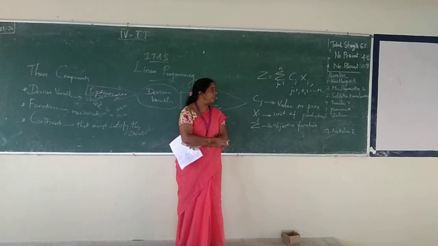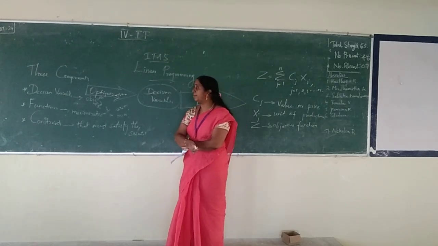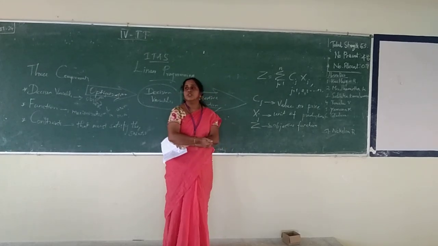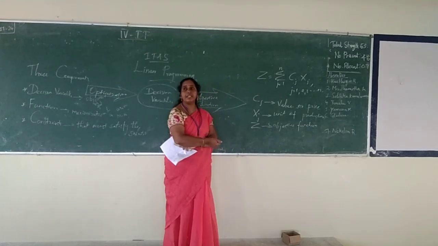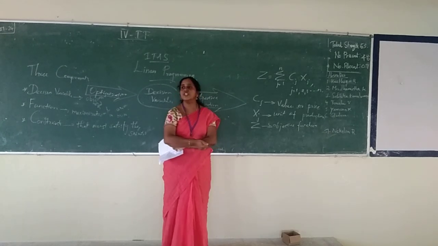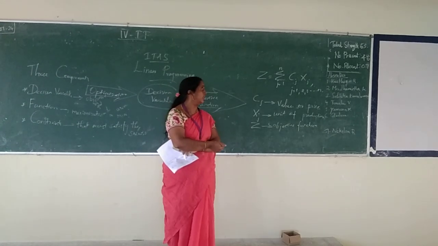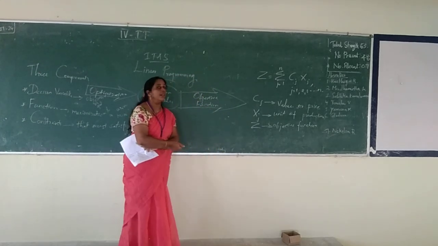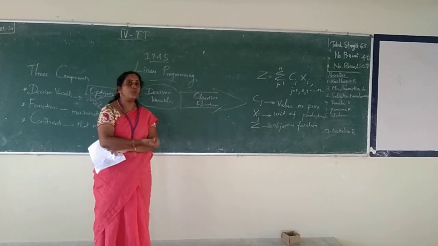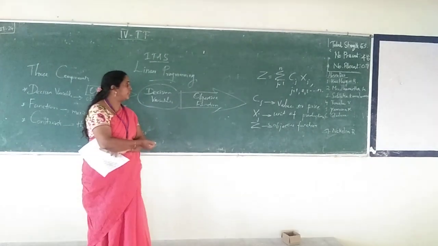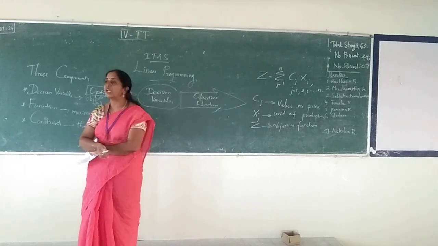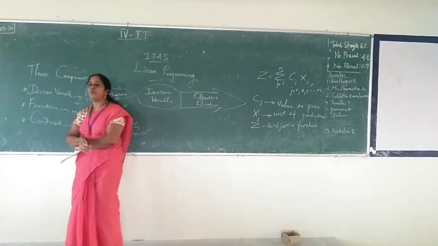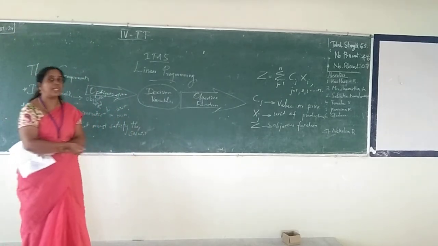So the linear equation will have decision variable, function, as well as constraint. This is one example of a linear equation. It provides the objective function Z. The objective function Z can be written as Z equals sigma j equals 1 to n cj xj. Here cj represents the value or price for the j-th activity, and xj represents the unit of production for the j-th activity. Here in this equation we can use some constraints. The constraints are